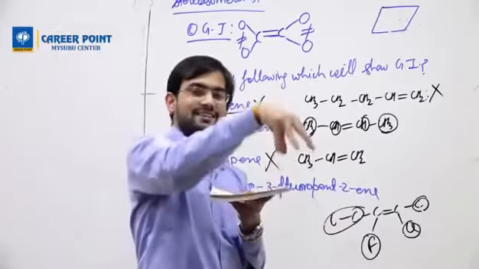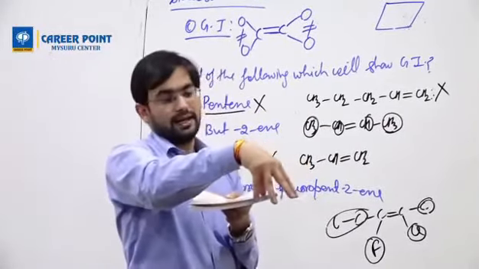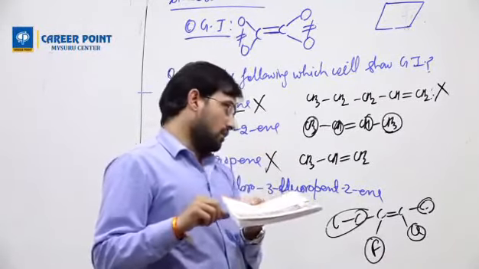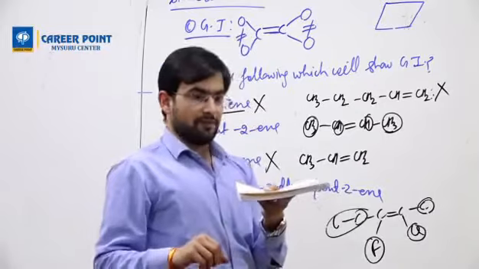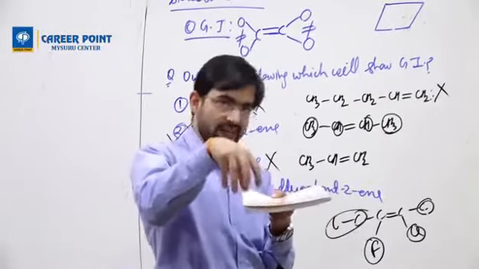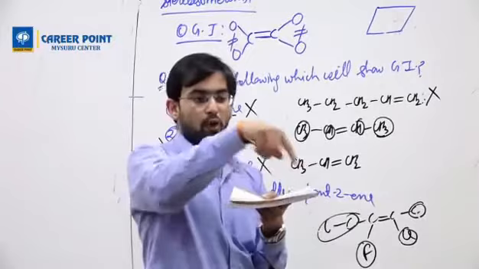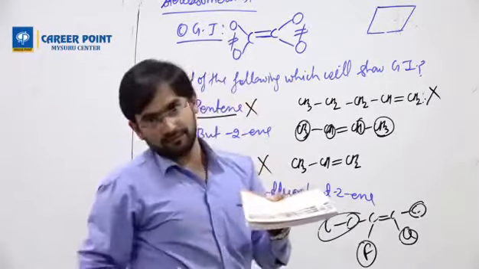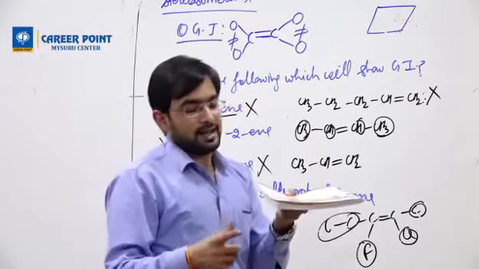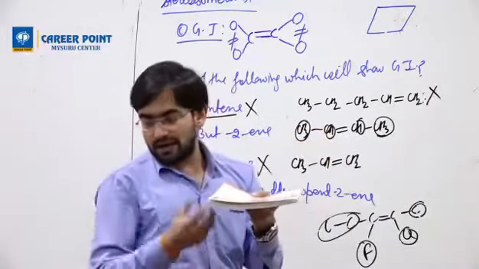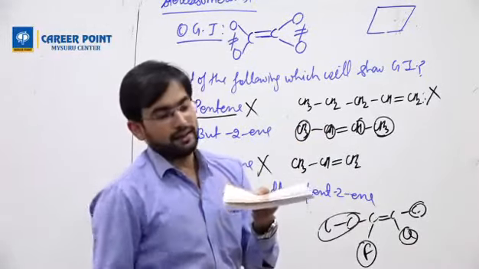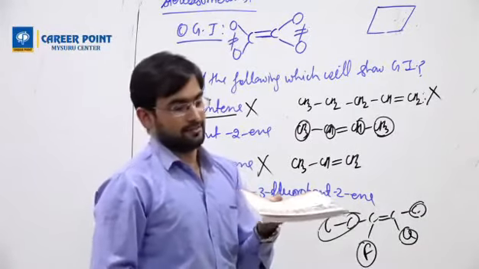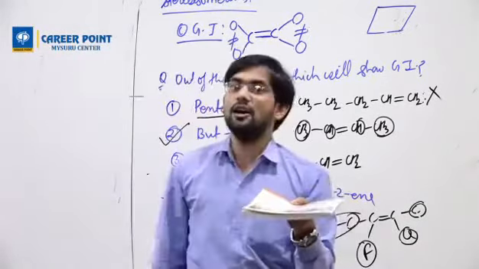Clear? Now what happens? Right now all are hydrogen, so it doesn't matter. But if you keep one CH3 here, and I have one more CH3. If you keep that CH3 here, then both CH3 will be on the same side. Another case, I kept one CH3 here, but another CH3 I am keeping here. Then one CH3 is here, one CH3 is there. Now they are not on the same side. So now they are on opposite sides.